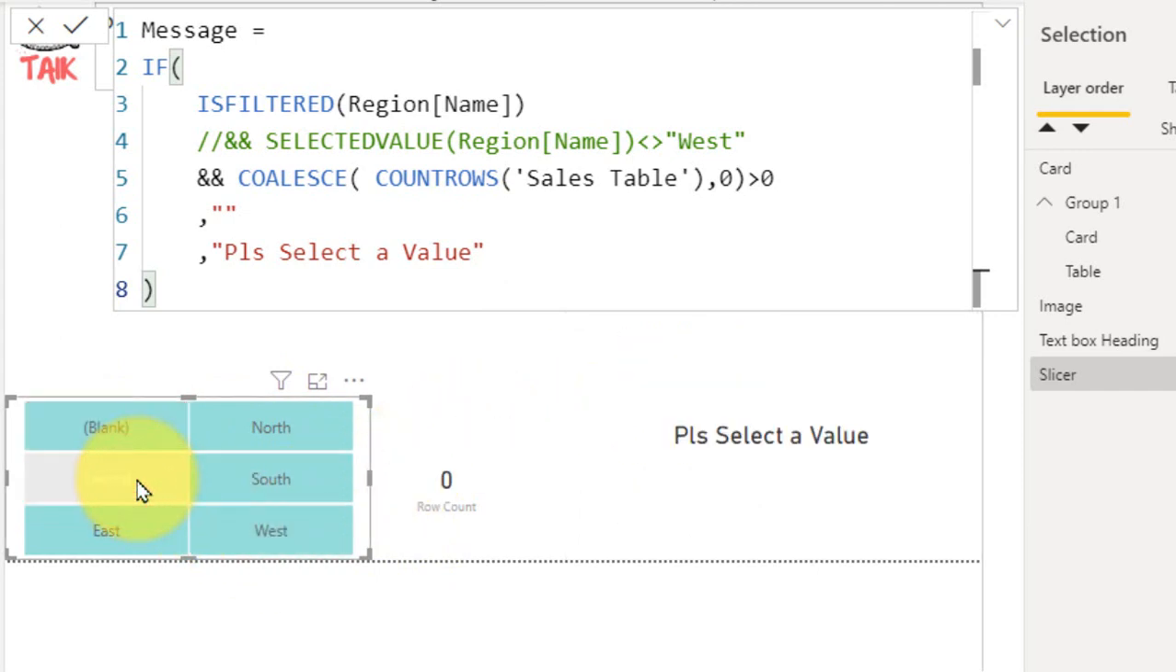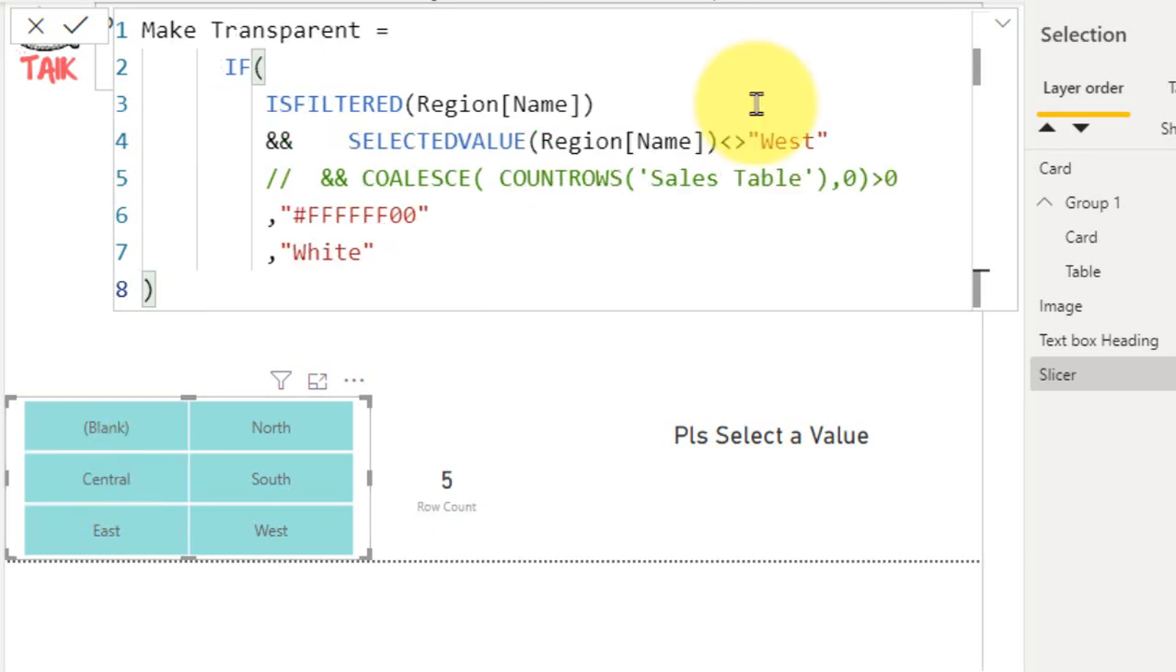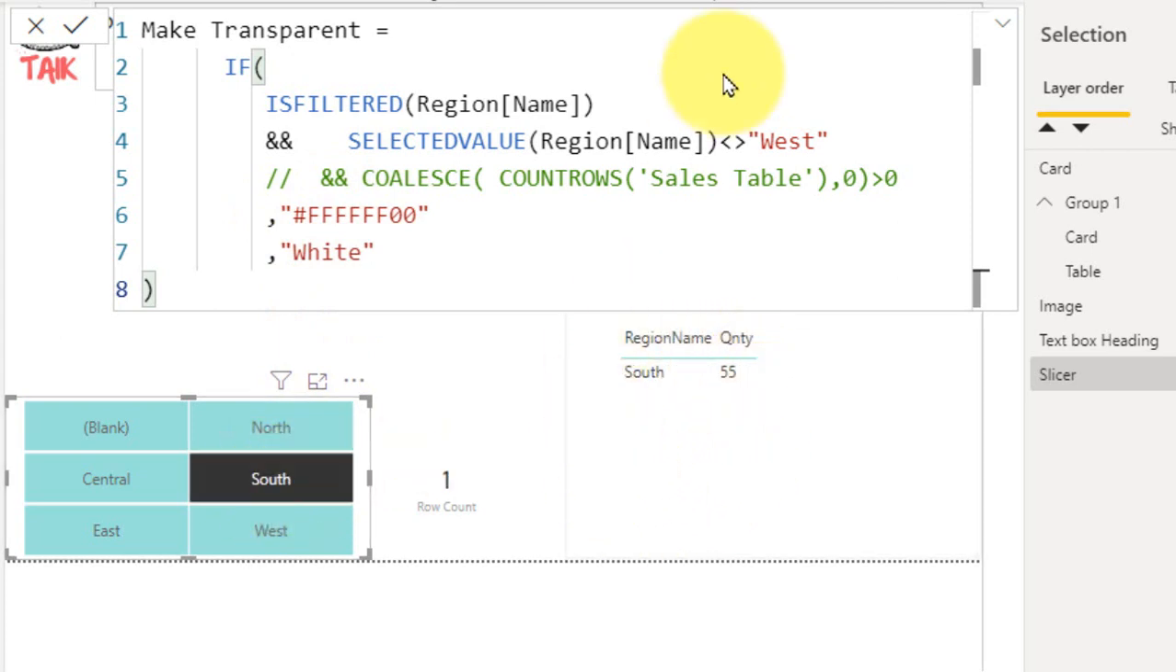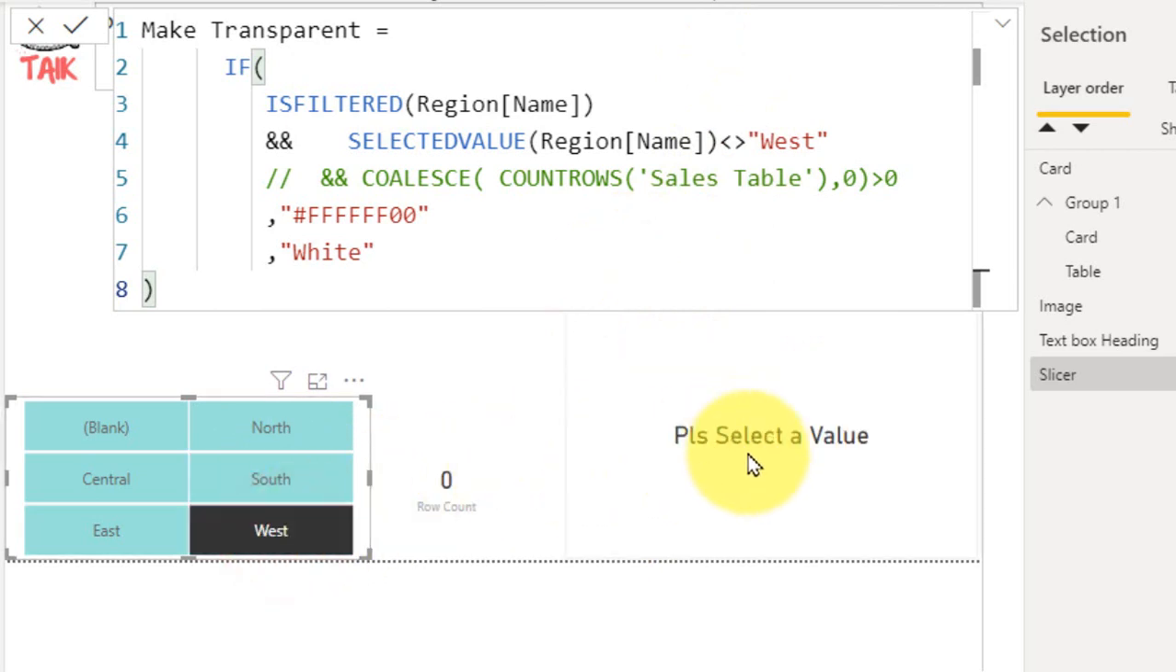So this is the second scenario. And the third one is, for example, if the selected value is not equal to west, then show me transparent, or else show it white. If I select any of the values, for example south, it is showing because it is not equal to west. If I select west now, then it shows me the message please select a value, and the row count is also 0 here. So for example, if I change this value to the selected value is not equal to north, then show transparent or else white. If I click OK,